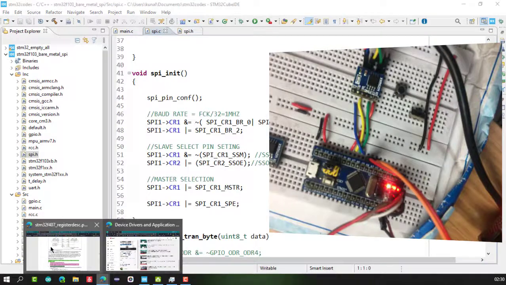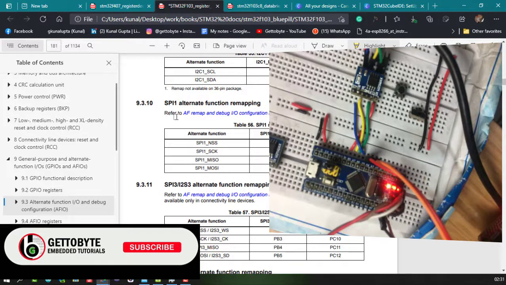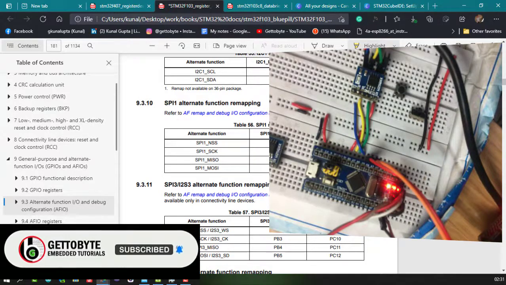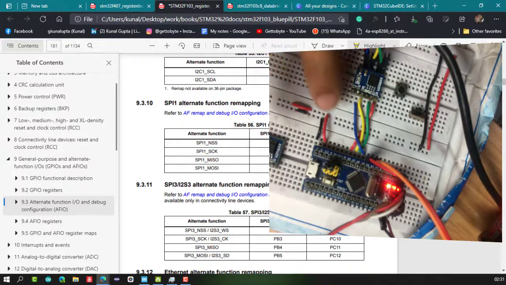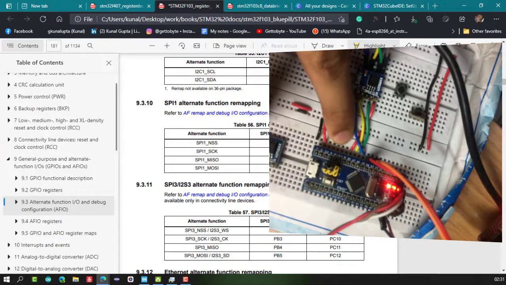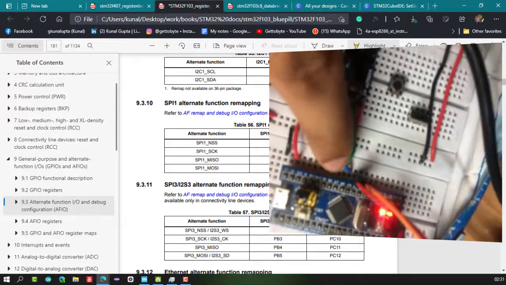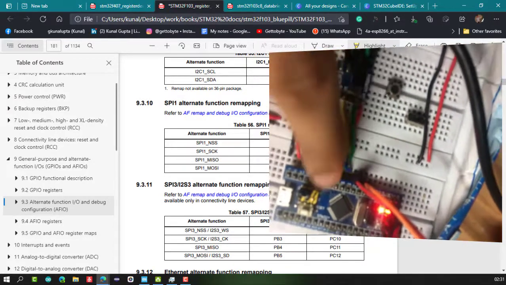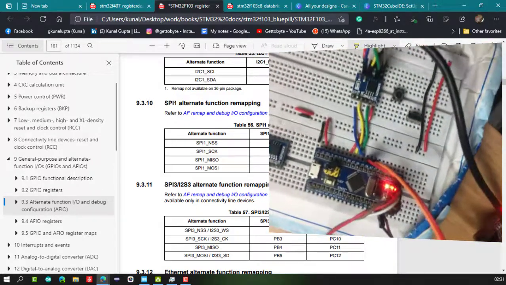In our STM32 microcontroller, the STM32F103, we are using SPI1, and SPI1 pins are mapped to PA4, PA5, PA6 and PA7. I call it SPI_REMAP. By default, these are the alternate functions of these pins. In the diagram, and also in the photo of my circuit, you can see that my PA4, 5, 6 and 7 pins have been connected to this chip, the NSS, SCK, MOSI, MISO pins. So we use those pins only.